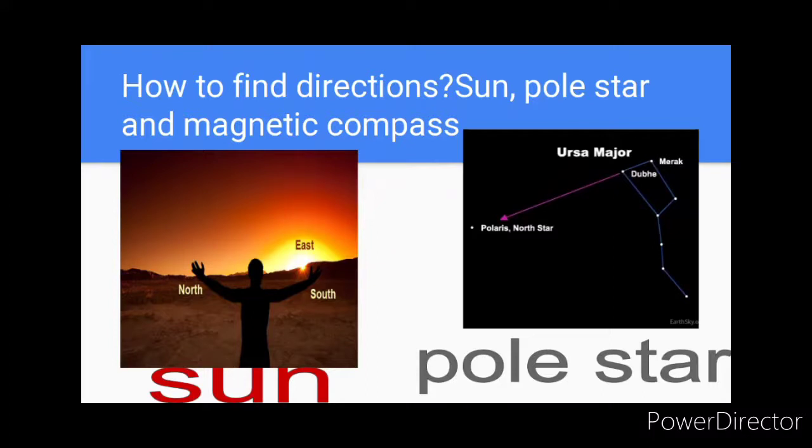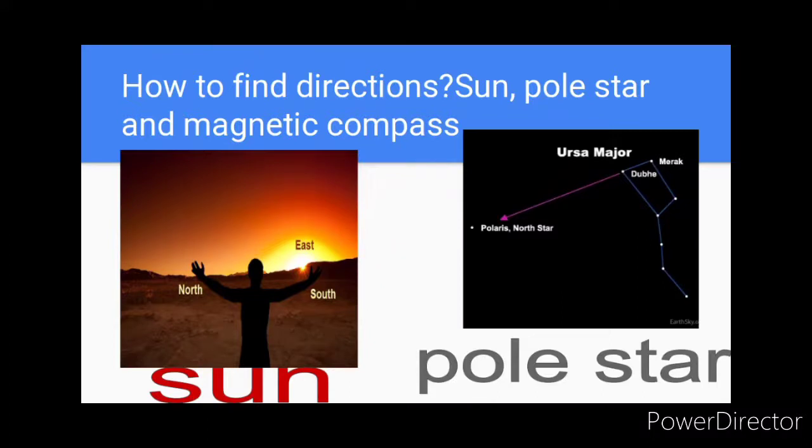Now we will move on to the pole star. The pole star is located vertically above the north pole. So it is in the north, above the north pole, so obviously that direction is north. In the northern hemisphere, the constellation known as the Great Bear, this is the shape of the constellation. The white dots are the constellation Great Bear, and it keeps revolving around the pole star. This constellation revolves around the pole star, and the 2 pointer stars, that means the top 2 stars, point towards the pole star.